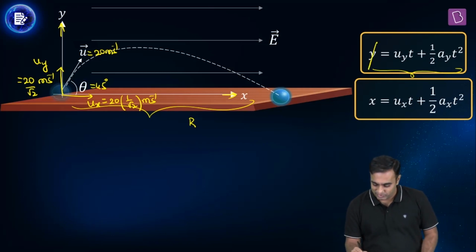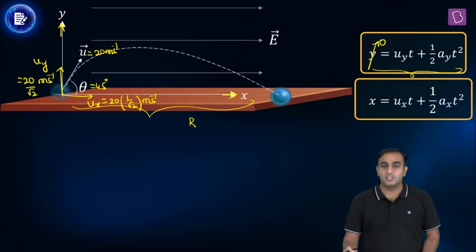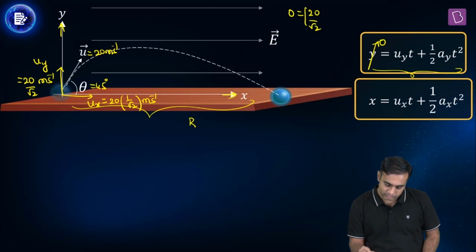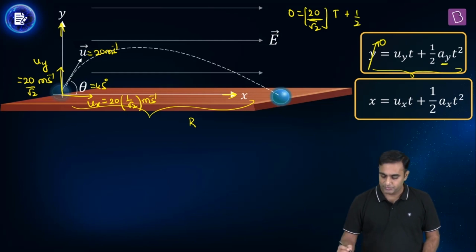So, since it comes back to ground, y is 0 at the end of the motion, and this will give us 0 equals u_y. What is u_y? 20 by root 2. Let's take the total time of flight to be capital T